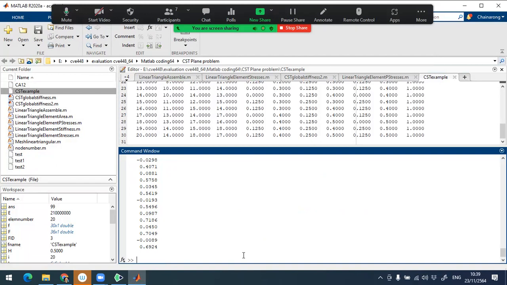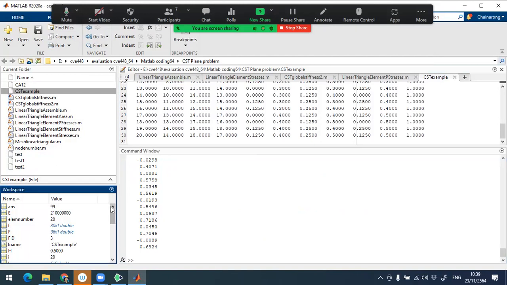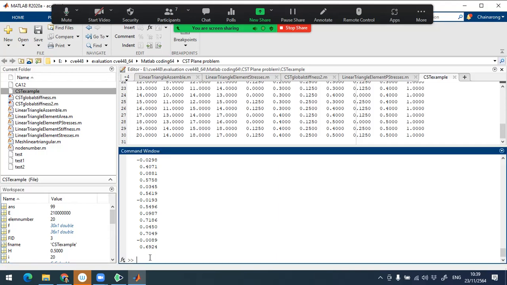We have the global stiffness we already have. That is before applying the boundary condition, right? The global stiffness. Okay, and we will identify it again. It is equal to